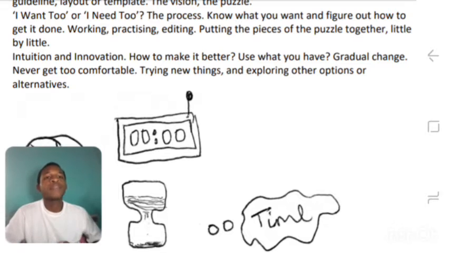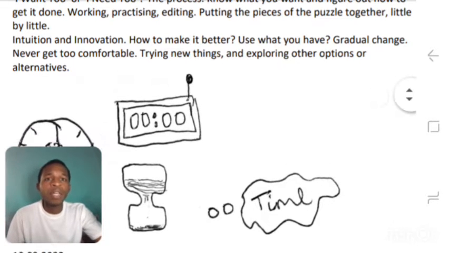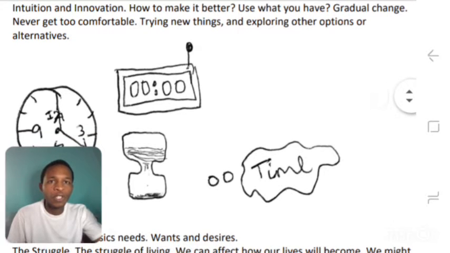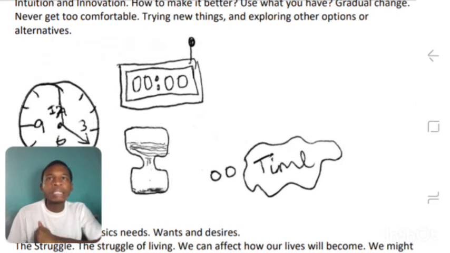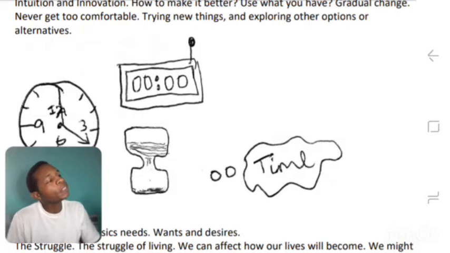How to make it better? Use what you have. Gradual change. Whether you like it or not, life constantly changes, and we have to learn to accept it and appreciate it and move on.